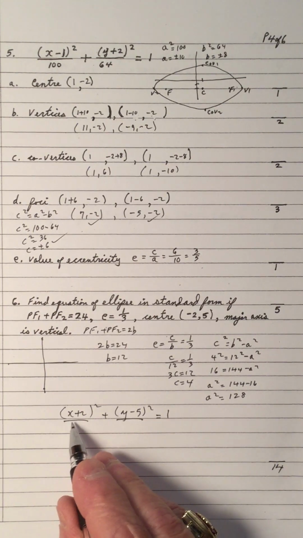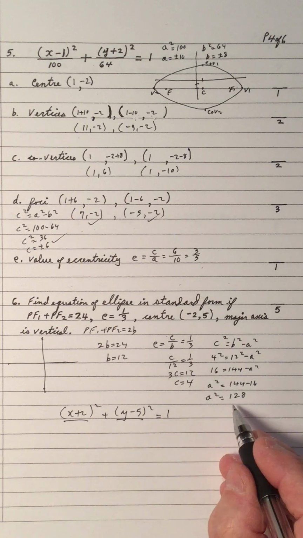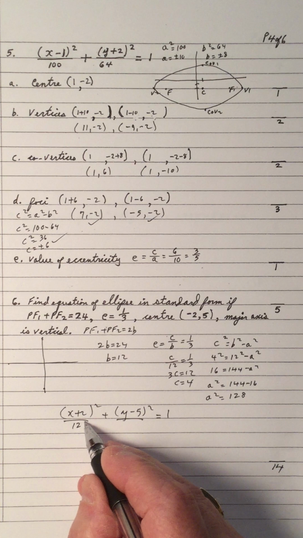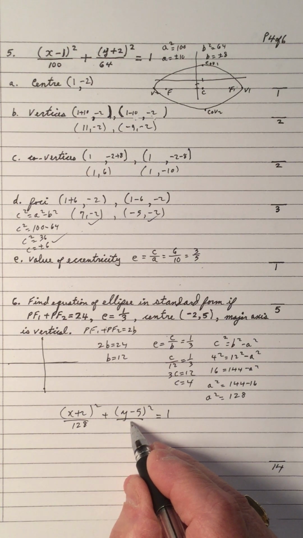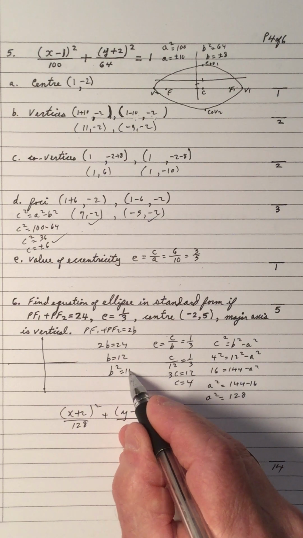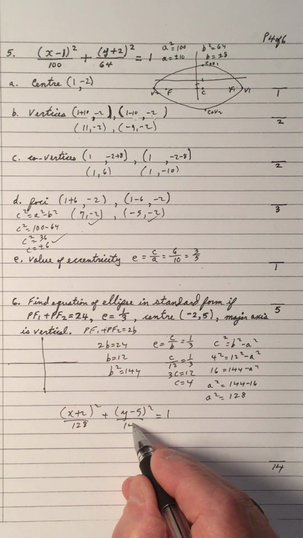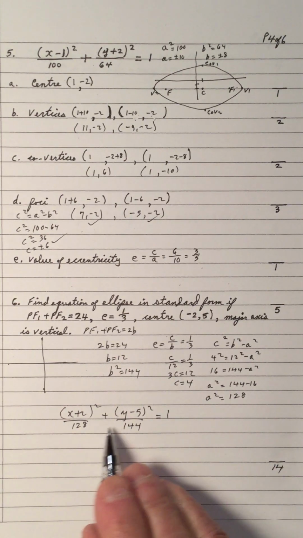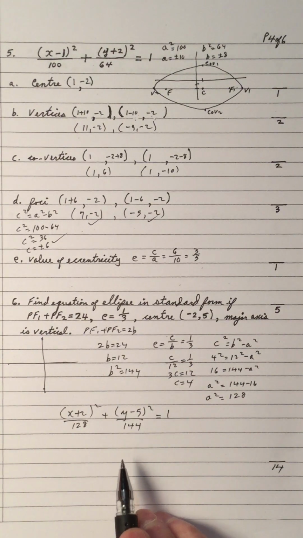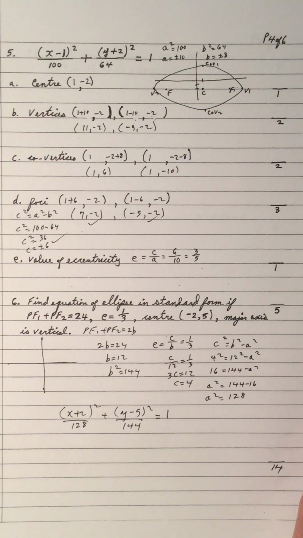And a, this is a squared here, so that's 128. And this is b squared, so b is 12, so b squared is 144. So this is the equation that represents this ellipse. And again, just right here for a second,